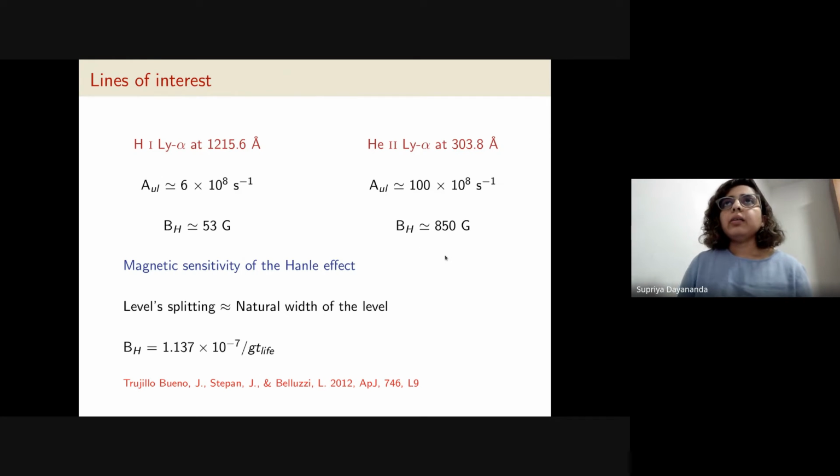So the idea was, of course, for the kind of field strengths that you see in the corona, you shouldn't see any sensitivity through the Hanle effect in the helium Lyman alpha line, whereas you can expect the Hanle effect signatures in the Lyman alpha line of hydrogen. However,